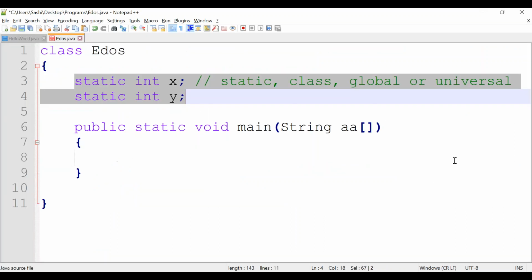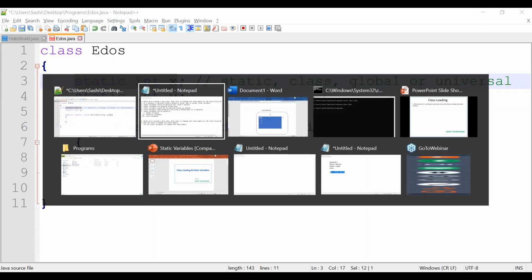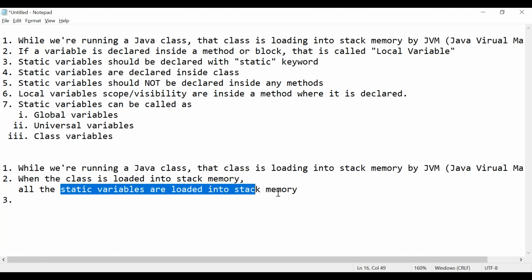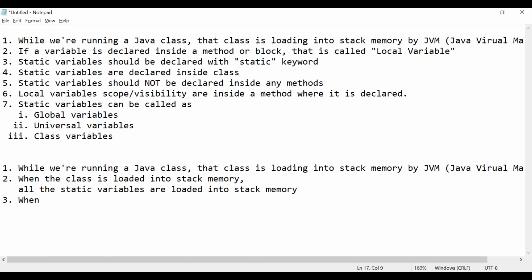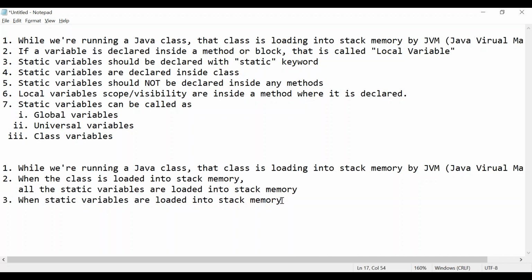Now what happens? The third point is, it is loading static variables, right? Continuation to that, the third point is, when static variables are loaded into stack memory, what happens?